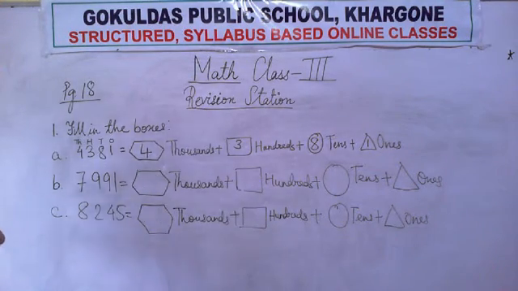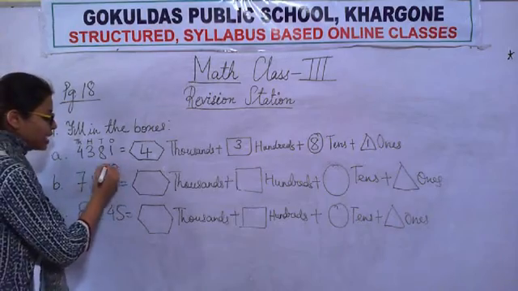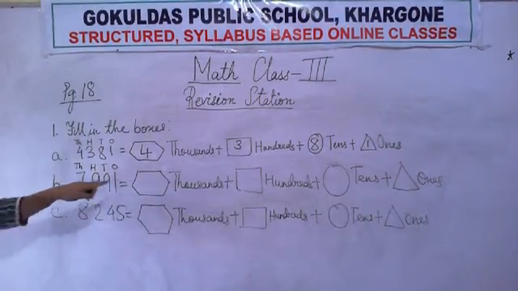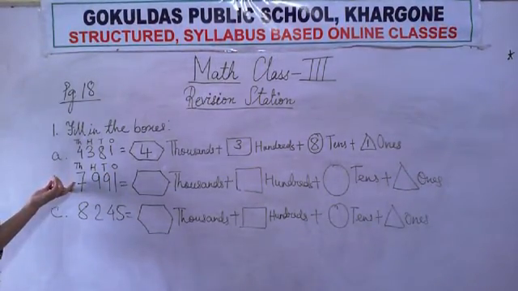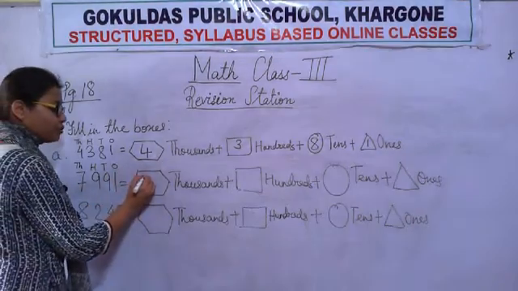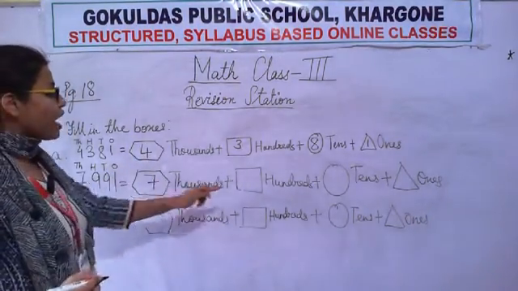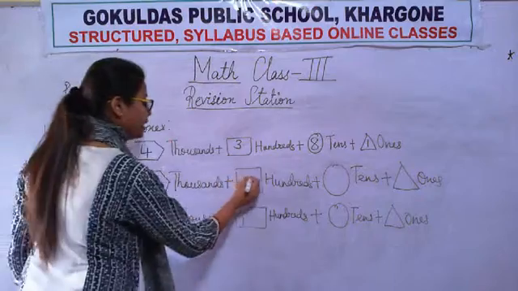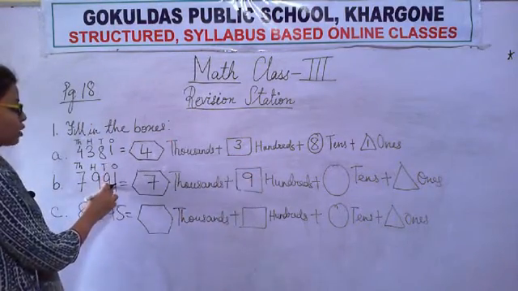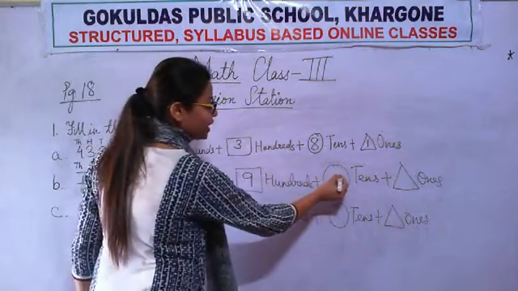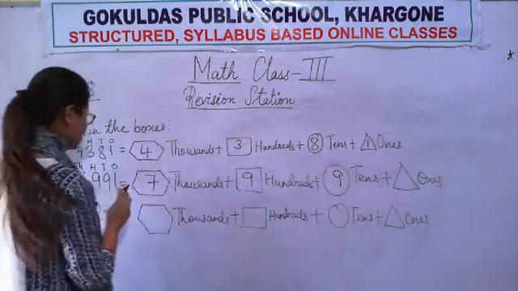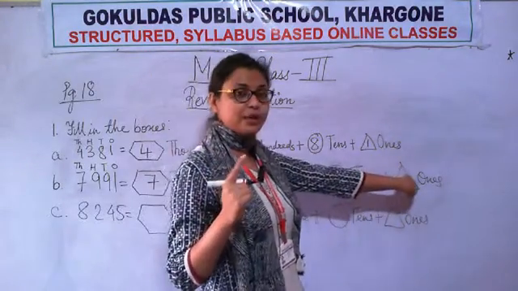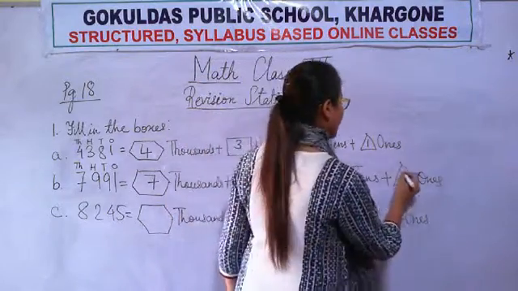Next, moving to the next one. What is my next step? Yes, first step, ones, tens, hundreds, thousands. We will write like this. So in the thousands place, what number is sitting? 7 is sitting. So what will we write? Before 1000 we will write 7. Okay. Before 100 what will we write? What is the number sitting below h? 9. So we will write 9 over here. Next, below tens what number is sitting? 9. So what will we write in the tens place in the circle? 9. Now next, what is sitting below ones? Below ones only 1 is sitting. So what will we write in the ones place in the triangle position? Yes, we will write 1.